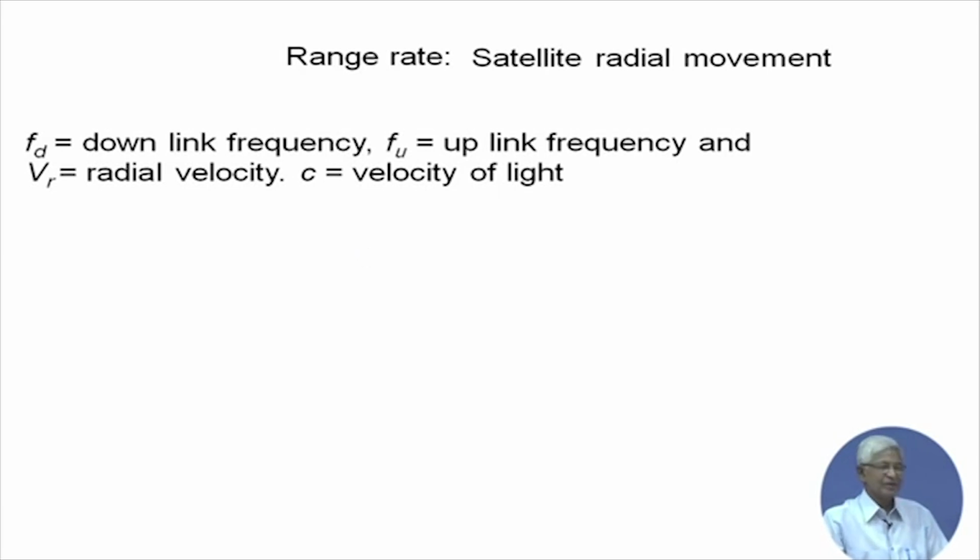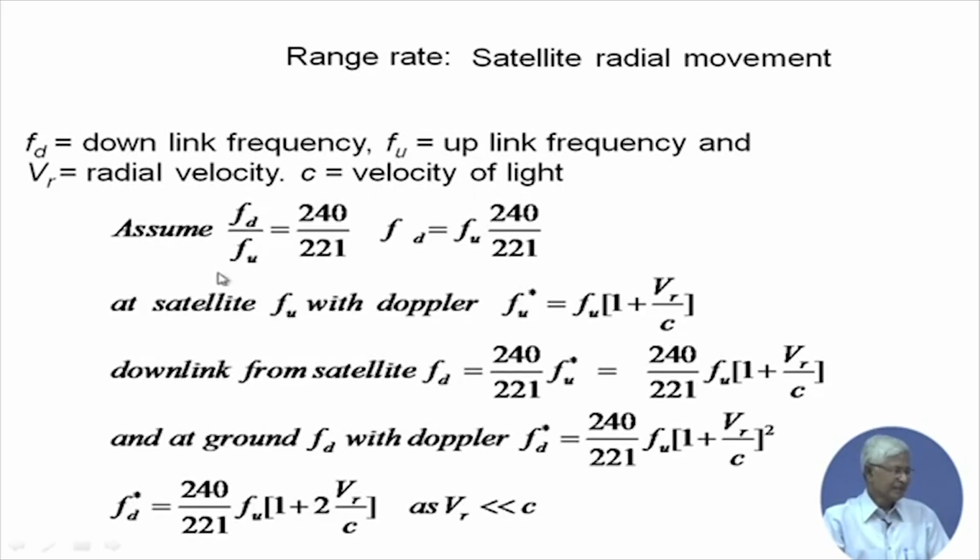So, let us try to calculate the range rate based on the uplink frequency, downlink frequency, radial velocity and velocity of light. Now, uplink and downlink frequencies I have already mentioned earlier. There is some allotted frequency, so it can be put as a ratio. I will do some rough calculation. Let us see it carefully. Let us assume that the downlink frequency FD and uplink frequency FU, the ratio of that is a number 240 by 221, based on what frequency is selected. Here I have taken this particular number. You can take the exact number on which it is being transmitted and received.